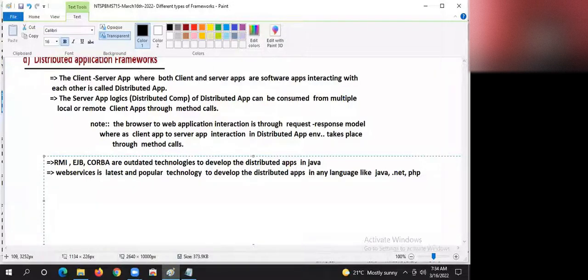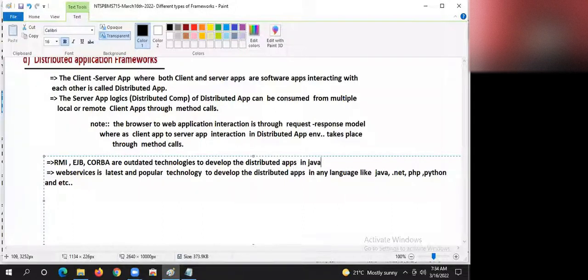This is not only in Java, guys. PHP, even Python is also possible. Python and etc.